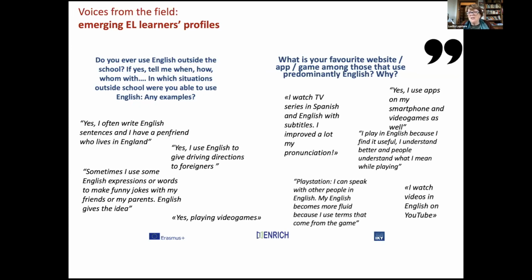And here they say that they use apps on their smartphone, they play it in English because they find it useful, they understand better, and people understand what I mean while playing. And this is very important because it gives you the idea that they are not concerned with standard English, but with other people from other countries that they mediate with. They use PlayStation and videos.